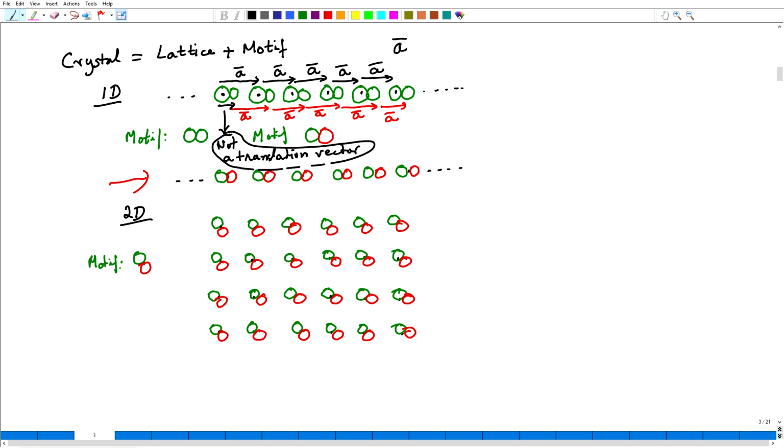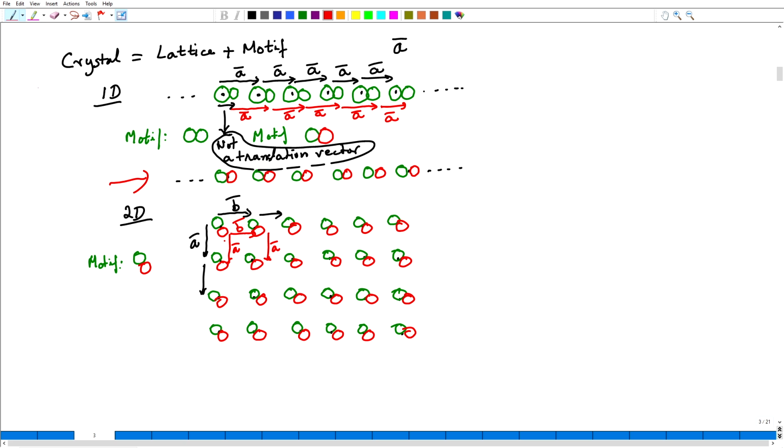So, this is important and this should be noted. In the second case, if I have a translation of A and B, the green atoms follow the translation of A and so on, and the green atoms also follow translation of B. Similarly, the red atoms would have a translation of A and translation of B. So, again I am emphasizing that the individual atoms in the motif will have the same